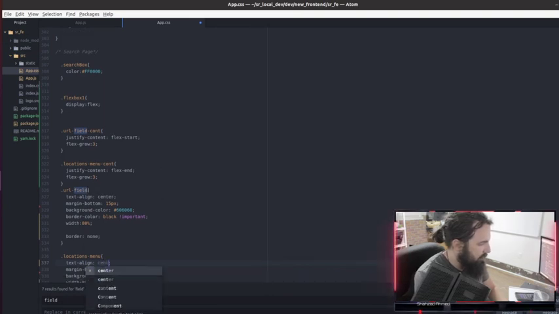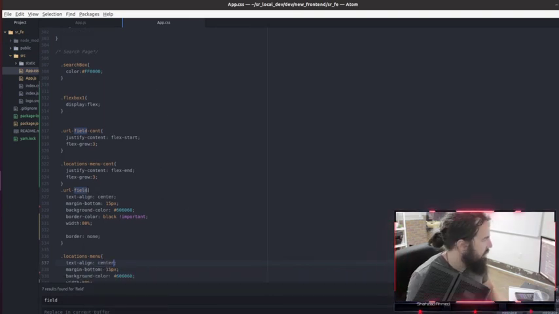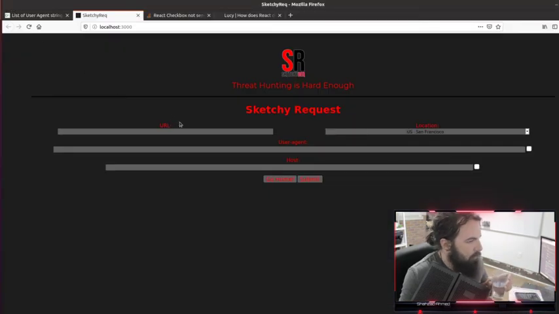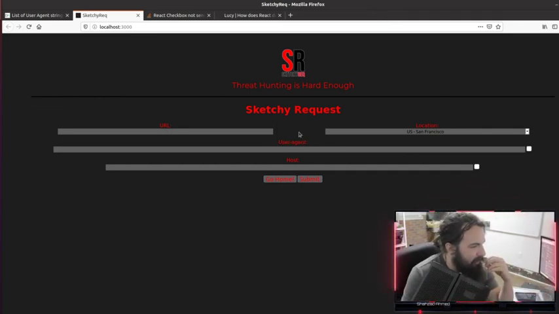I just think that looks a little bit better. I don't know what y'all think. It looks slightly better. Yeah, so now all of the URLs are inputted from the center, so are the locations there. Still need to figure out this gap. Is it just me, or does this not bother anybody else? The fact that it's off-centered in this gap right here. But the only way to fix that is to off-center something else. And then SketchyReq isn't centered on this either. Oh, this is why I don't do front-end dev, because of stuff like this just making me angry constantly.